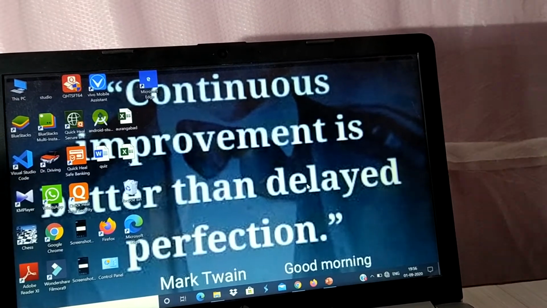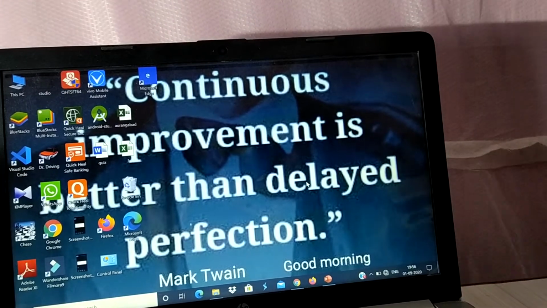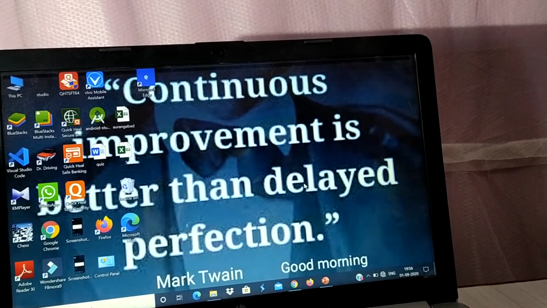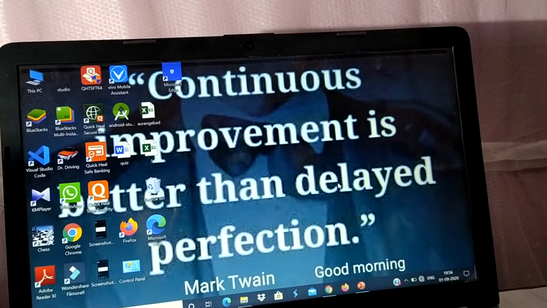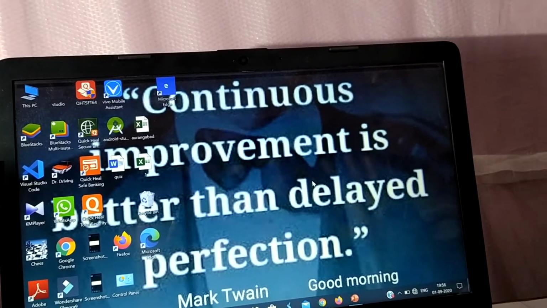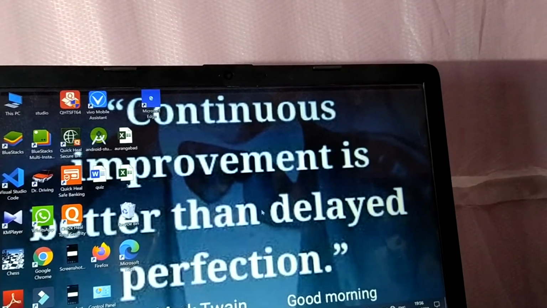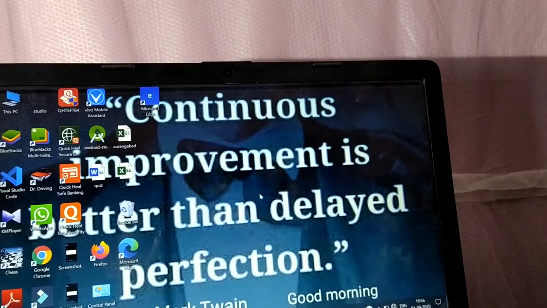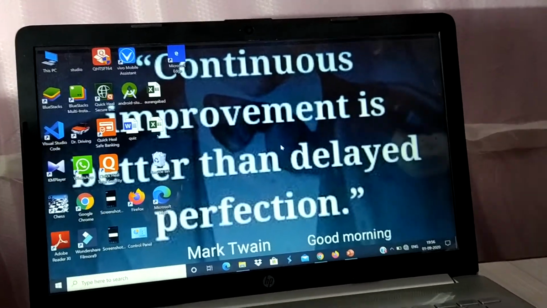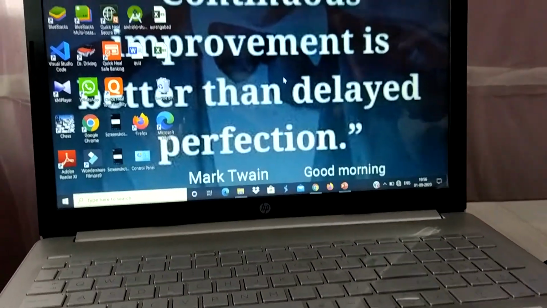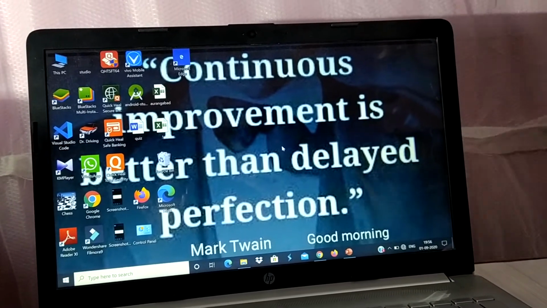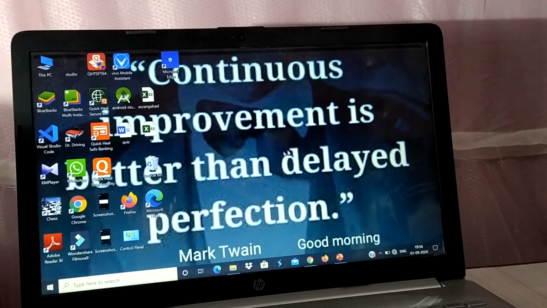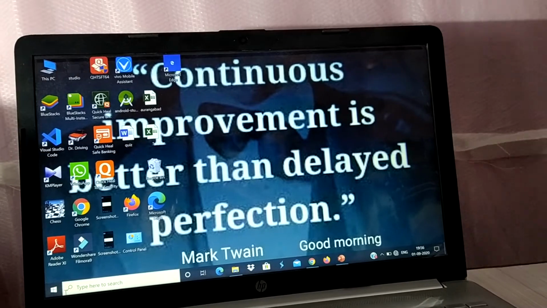Before we start to do a PowerPoint presentation, we have to see some of the features of the computer. This is moving on your desktop. This is called a cursor, and it is handled by a mouse. This is called a keyboard, and these whole things are called a laptop. Now this cursor we will move to the windows.